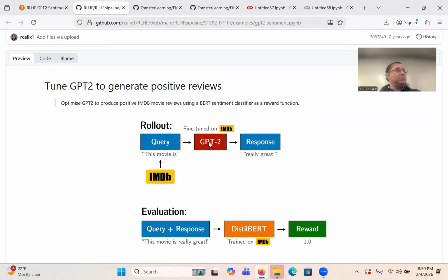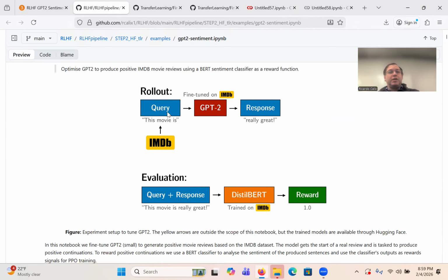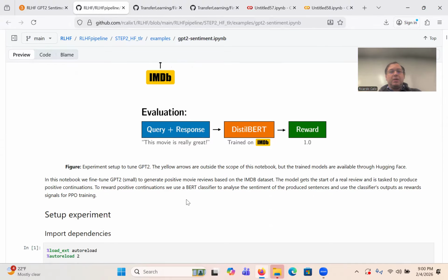It goes into GPT-2, the actual GPT-2, and it provides a response that should be in connection, just like when you go to ChatGPT, it provides an answer. Then if you notice, the query and response are concatenated, which we saw in previous examples. When I did sentence 1, separator, sentence 2, that goes into the DistilBERT, and it provides the reward, right?